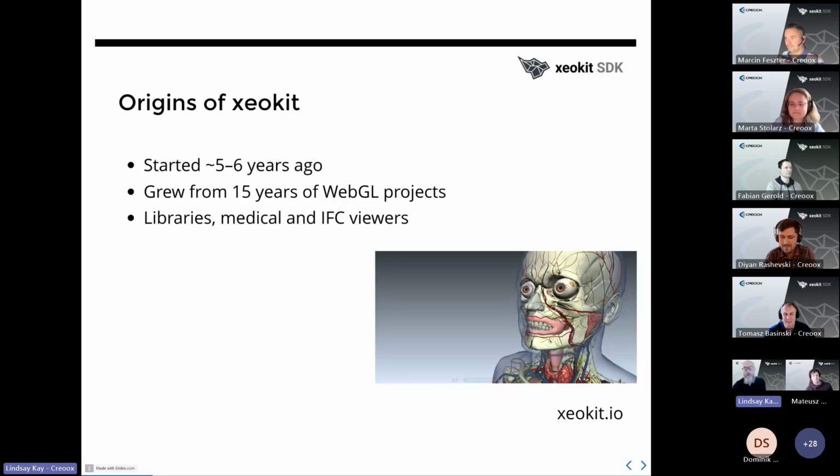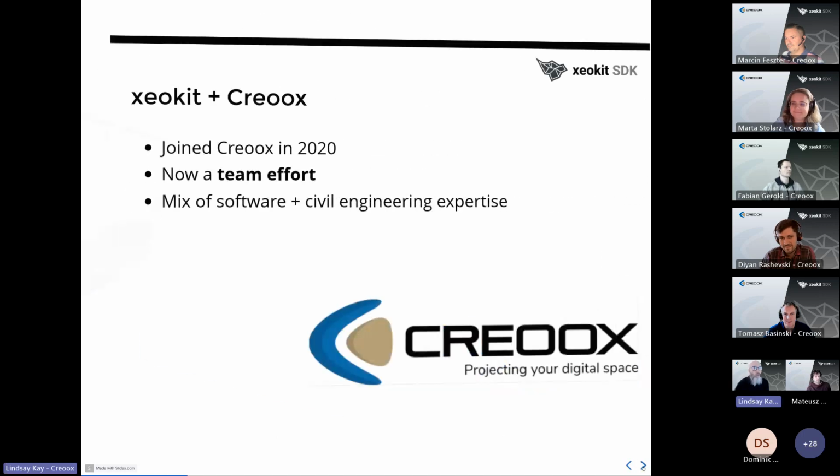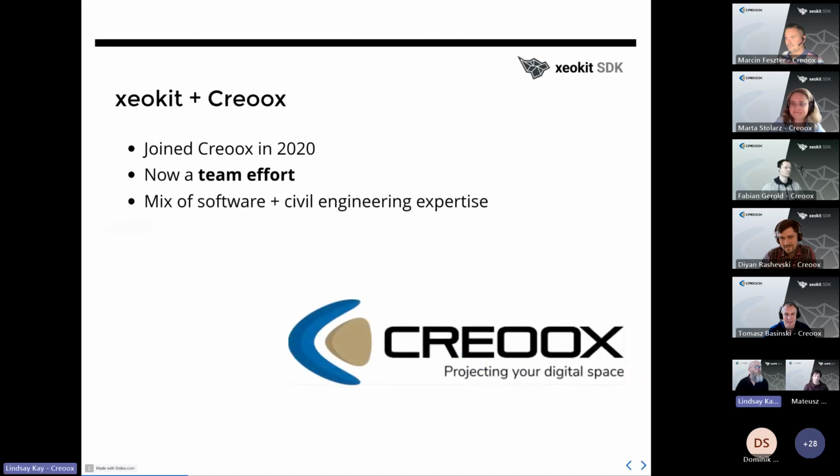Over the years, I've made a few open source libraries like SceneJS and xeogl and so on. Then xeokit joined Creoox in 2020, and